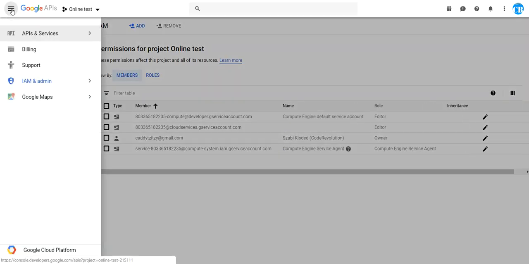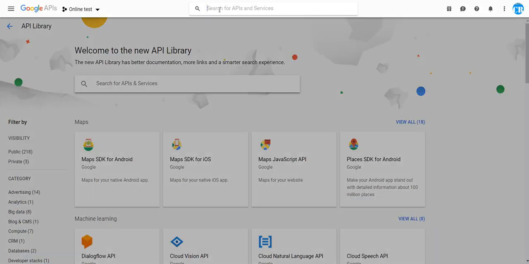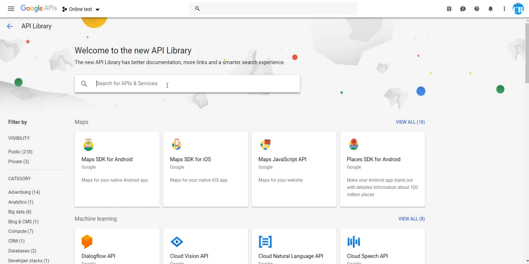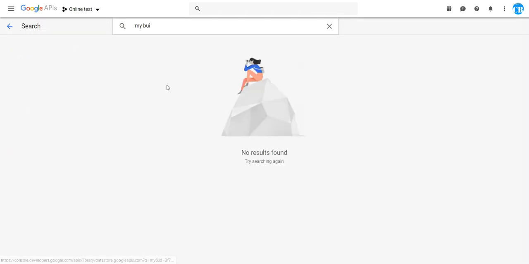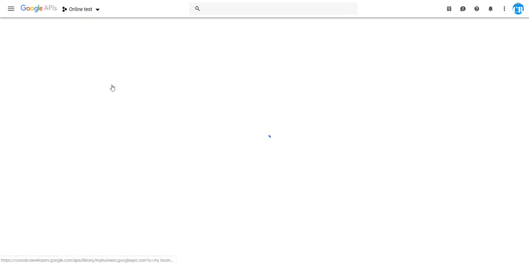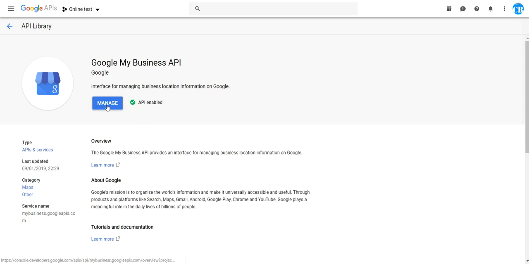and go to library and search for Google My Business, you will see that Google My Business API will pop up. It looks like this. You should click on it and click here Enable. After you have enabled the Google My Business API, you can go back,